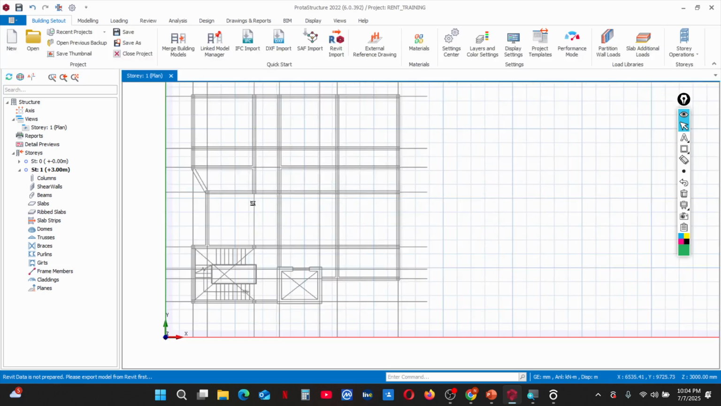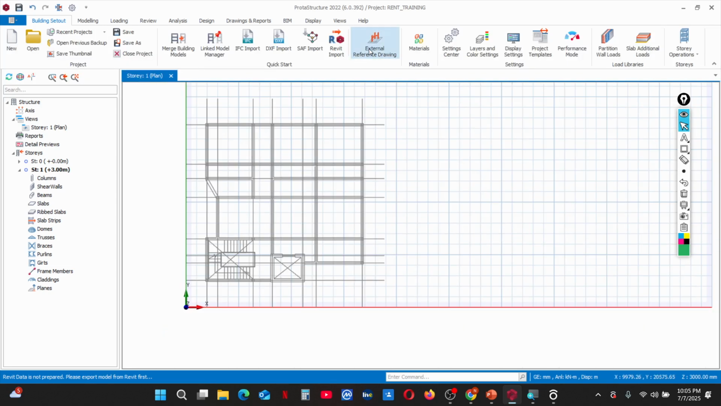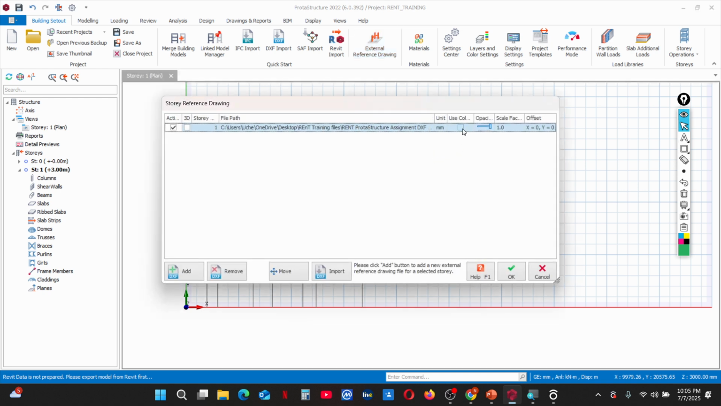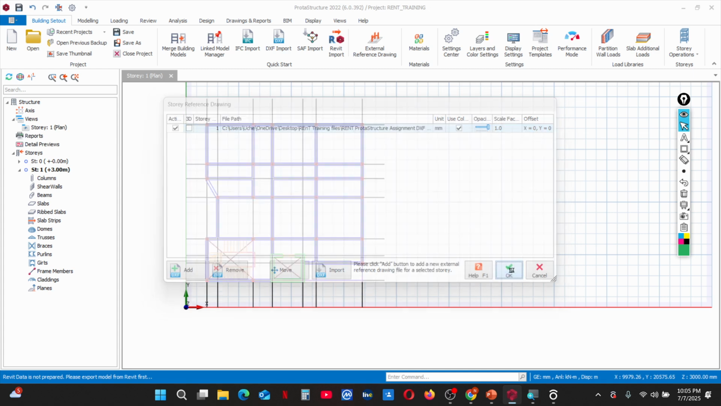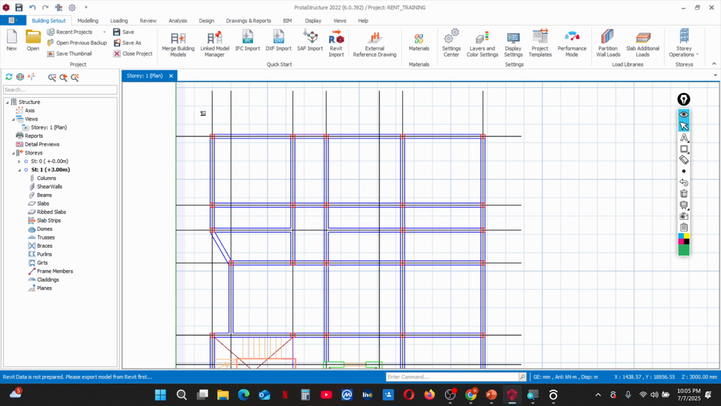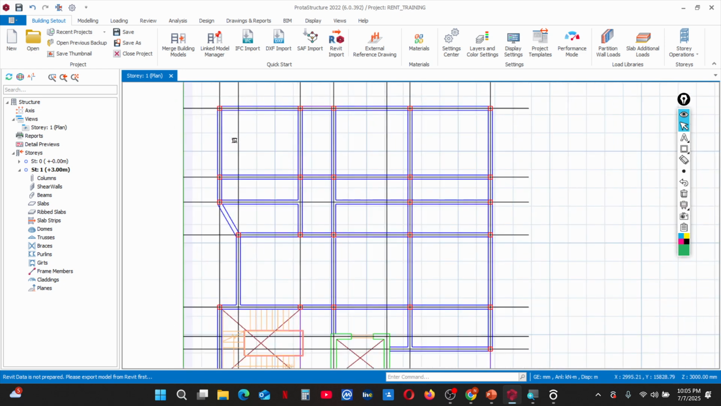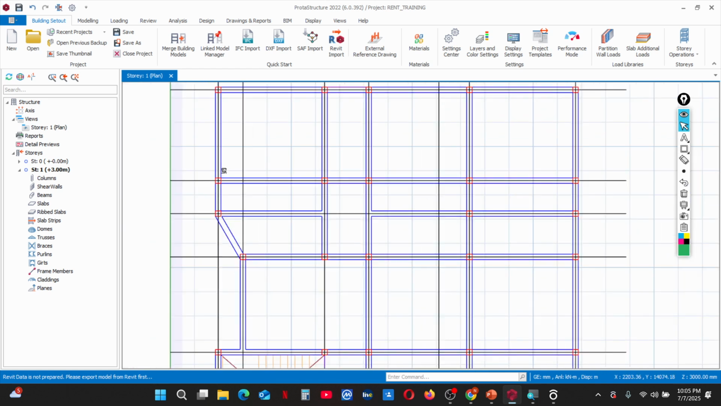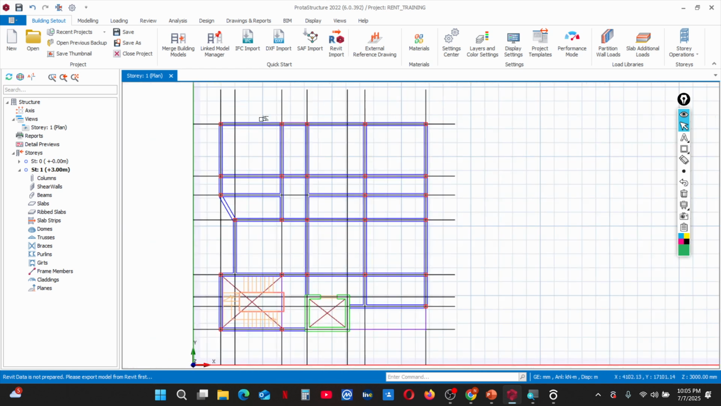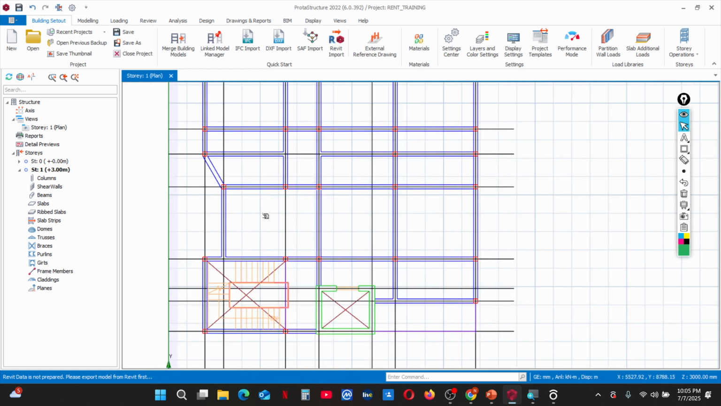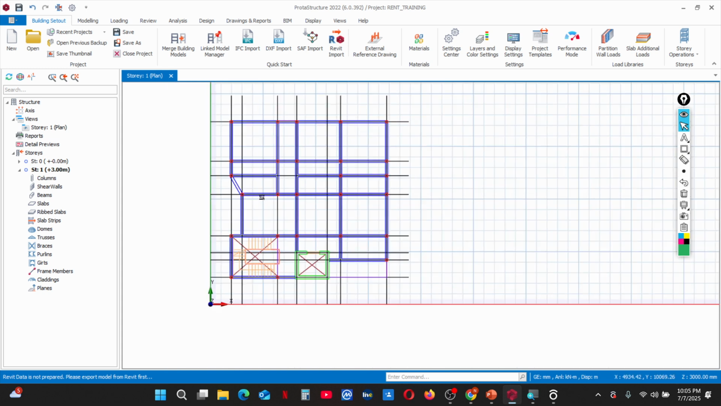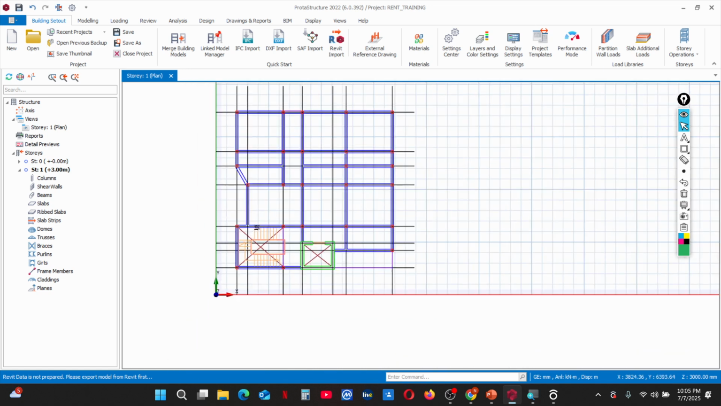Have you seen it now? This is what it's going to look like. So go back to that external reference drawing and then click on this option that says use color and then say okay. So the color is now going to appear. This color makes it more appealing and easy to track and know what you are doing. So that's the DXF drawing file that we are now going to be using for our